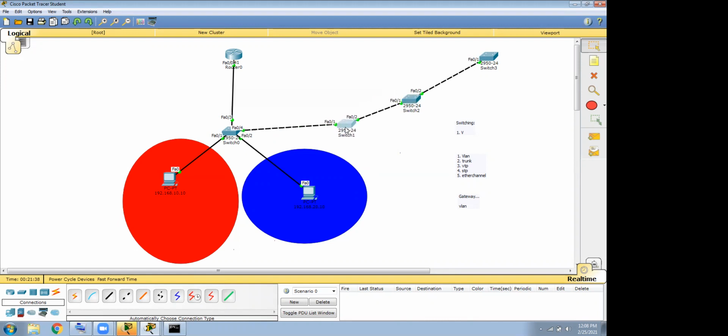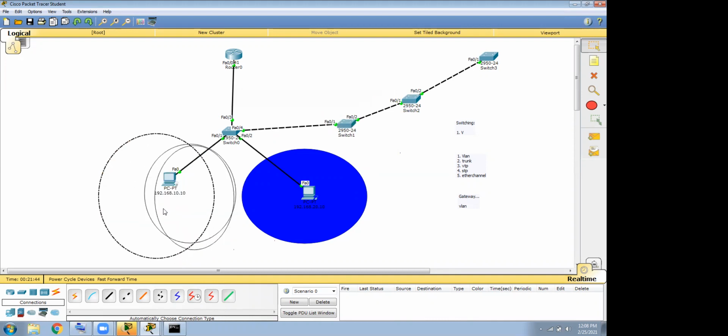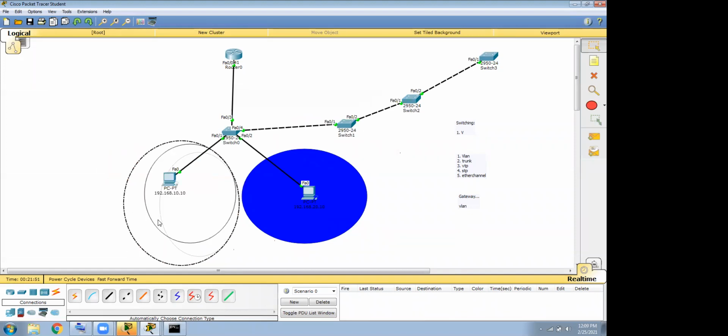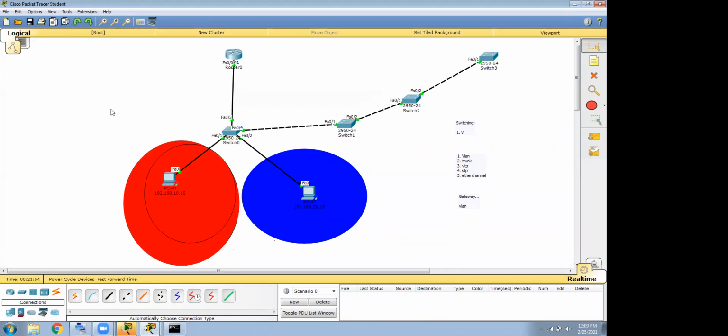what is the disadvantage you are seeing in this diagram? What's the disadvantage you are seeing in this diagram? Can anyone answer? No, no one.